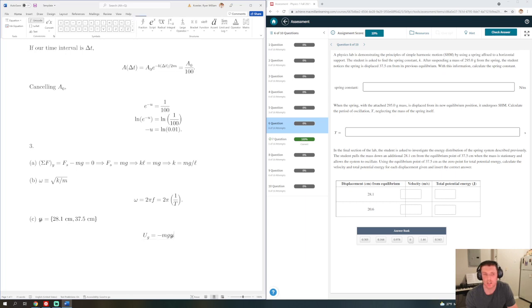And there will correspondingly be an elastic potential energy, which would just be 1/2 k y squared. Now we don't need to worry about the sign of this, because remember, elastic potential energy is necessarily positive. And we want to figure out